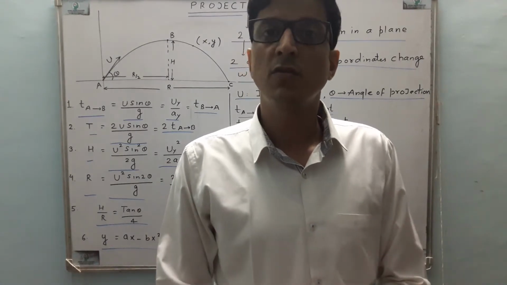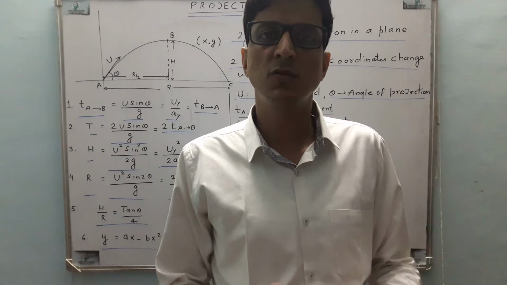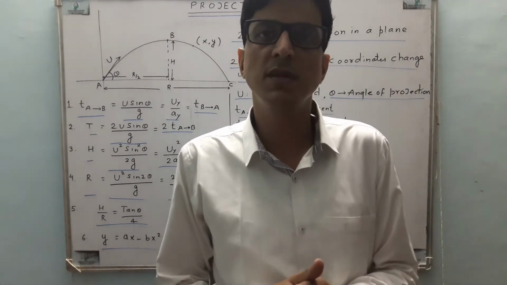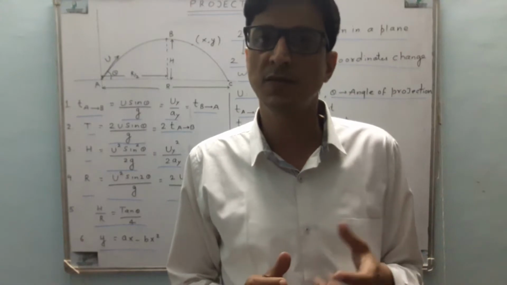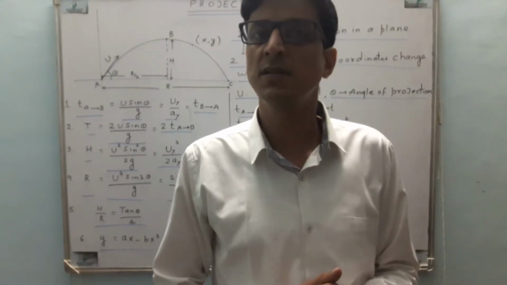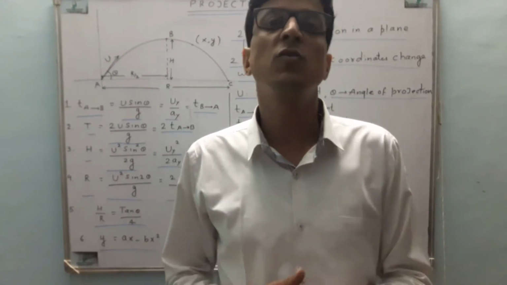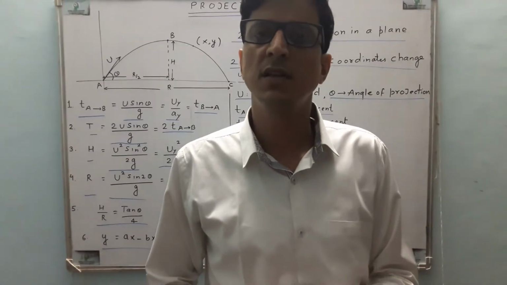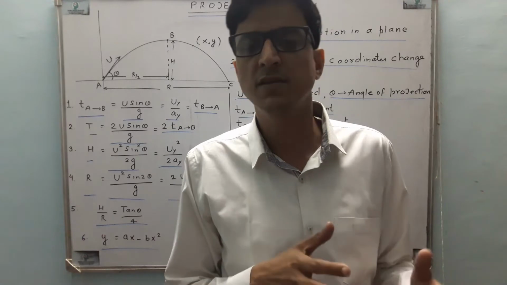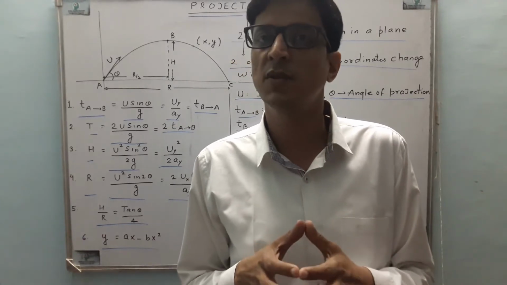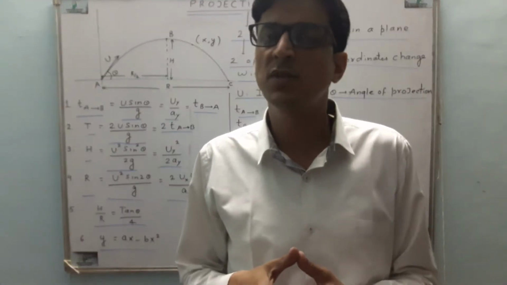Today I shall talk to you about projectile motion, which is a 2D motion. 2D motion means two of the coordinates specifying its position in space change with time, while the third one remains unchanged. So you can take two coordinates as xy, yz or xz. In the general case, we assume that motion is taking place in the xy plane, so x and y coordinates are changing with respect to time. That's what we refer to as projectile motion.